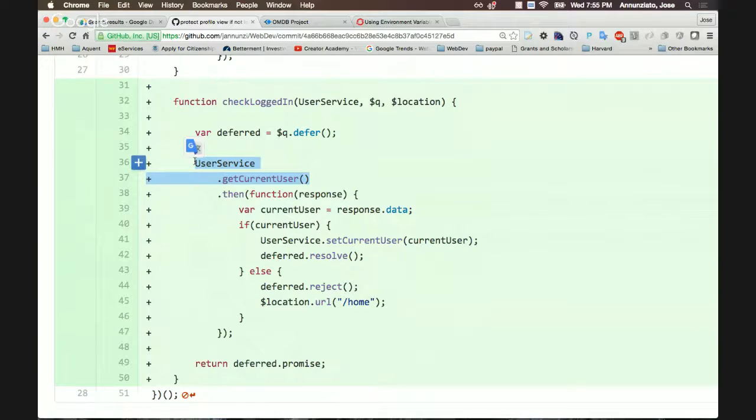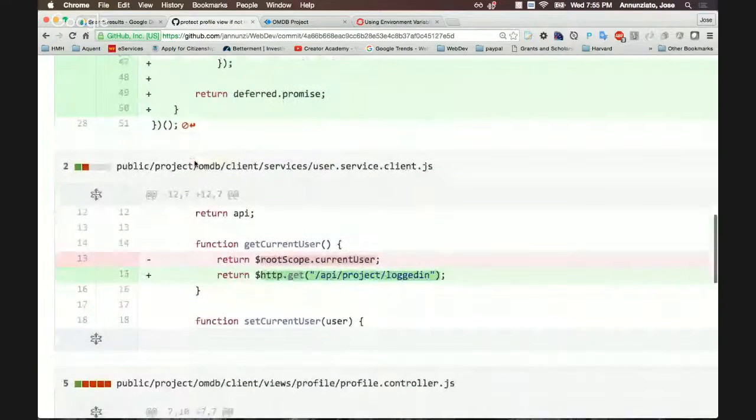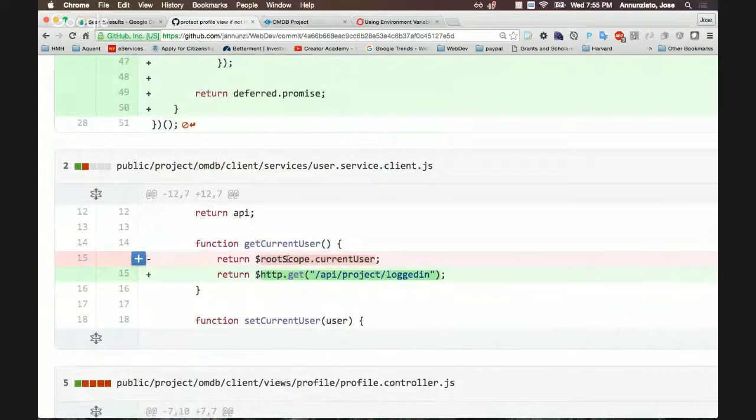It's rewritten here. If you remember, getCurrentUser was returning just whether there was a current user in the root scope, right? Which is pretty lame, right? The better implementation is to go to the server and see what the server says, and the server will return whatever is in the session current user. It can either be null if nobody's logged in, or an actual object in there. So this returns what? It returns the promise, doesn't it? So this promise